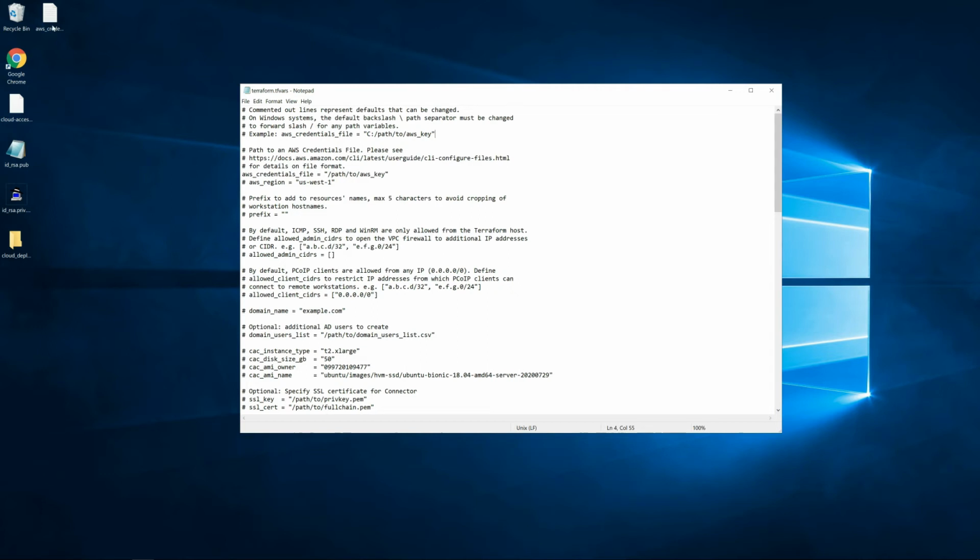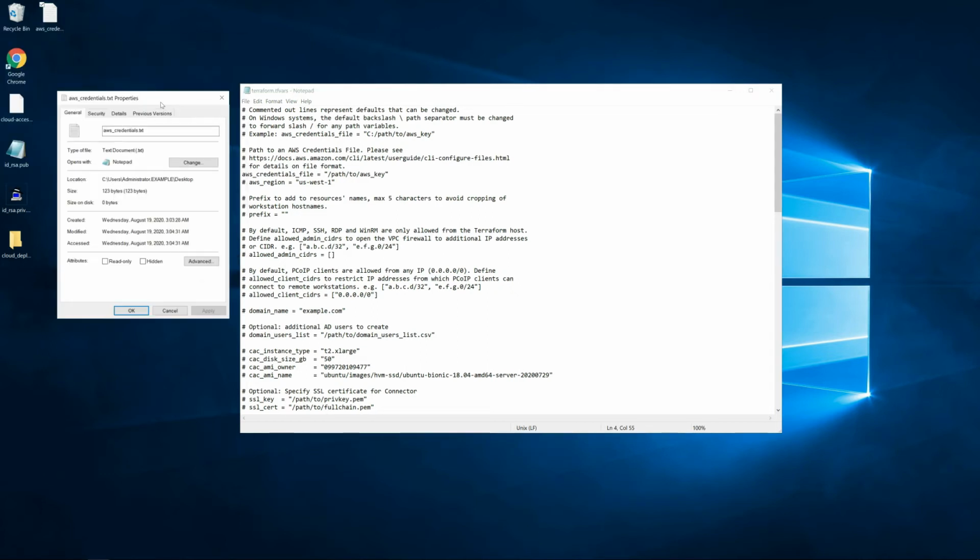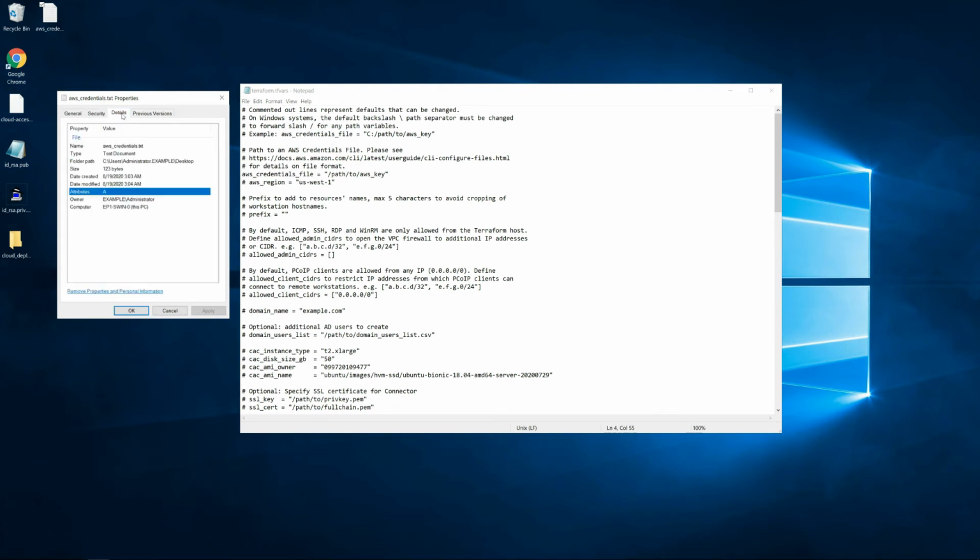So for example, if we right-click our AWS credentials file, you'll see that by default, the path uses a \ here, and that is just a default Windows \. For the configuration file to work, these backslashes do have to be changed to the /, and this is just a note indicating that. So let's continue and fill out our first required variable here, which is the AWS credentials